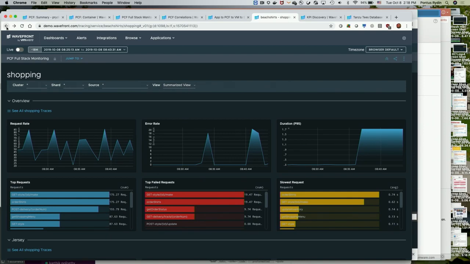Anyway, the problem I'm having is that the experience my users are having is going from like 0.3 seconds to 0.7 seconds response time. And I really need to know why that is. I'm a bit nervous about that, right? Okay, so this is good. At least it's telling me that errors are spiking up a little bit. It's also telling me this seems to be the slowest service in my mess of microservices, order search.